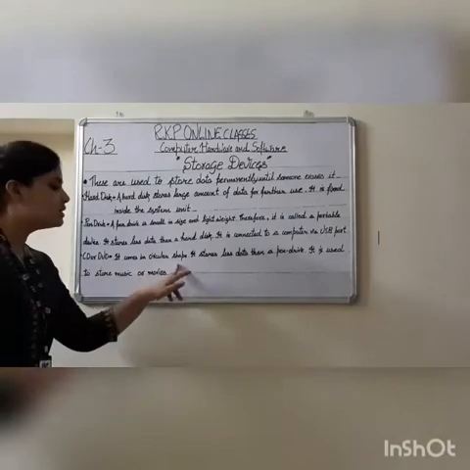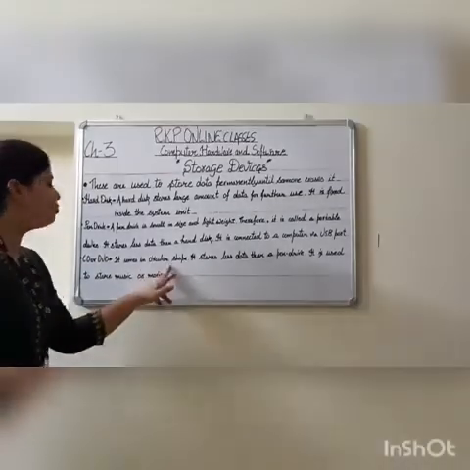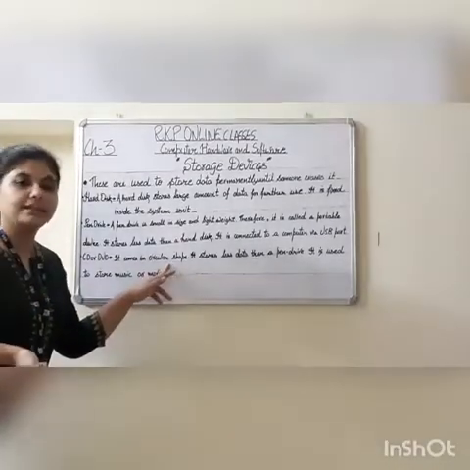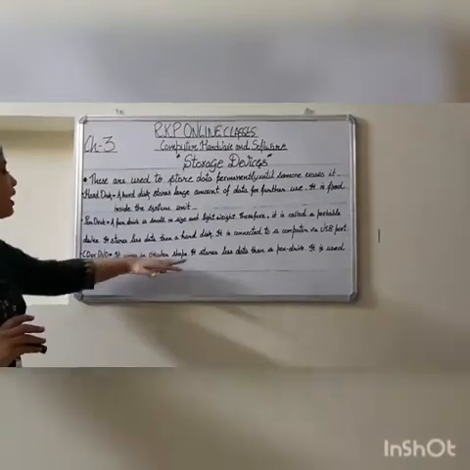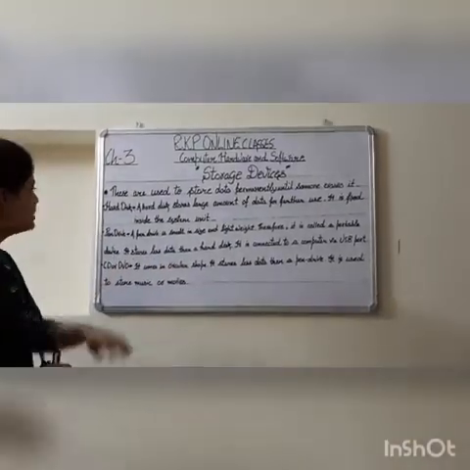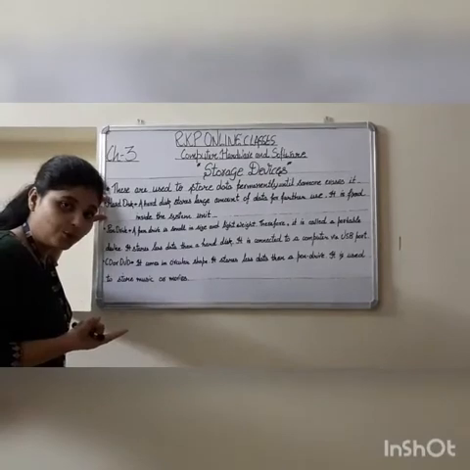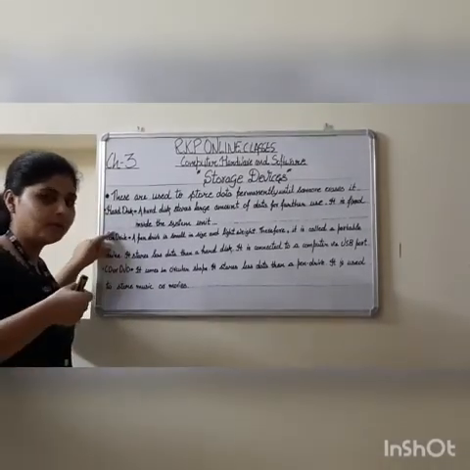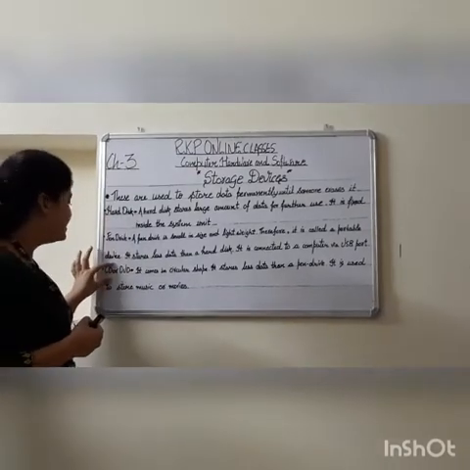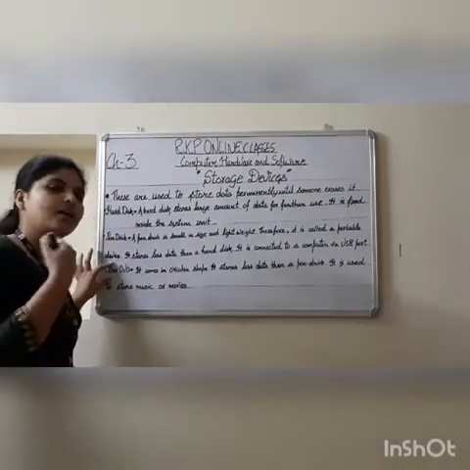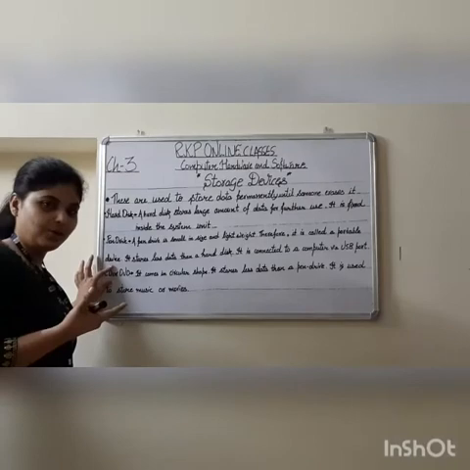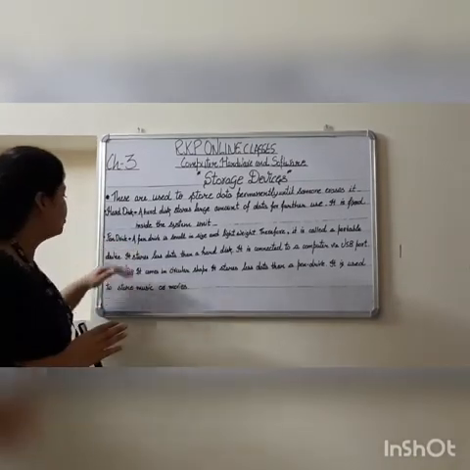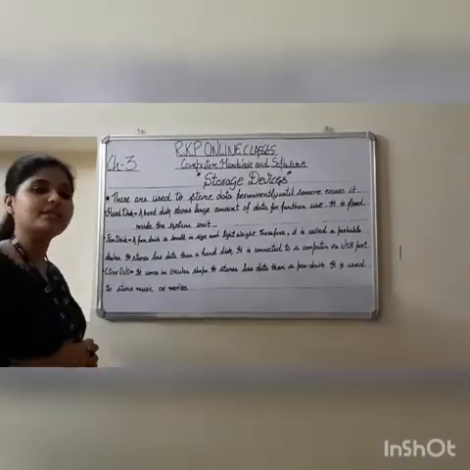They both come in circular shape and they are also portable, so we can carry them at the time of travel. But again I am telling you the storage capacity. Hard disk stores a large amount of data, pen drive stores a large amount of data but less as compared to the hard disk. And CD and DVD both are used to store data, but less as compared to the pen drive. So these are some storage devices.